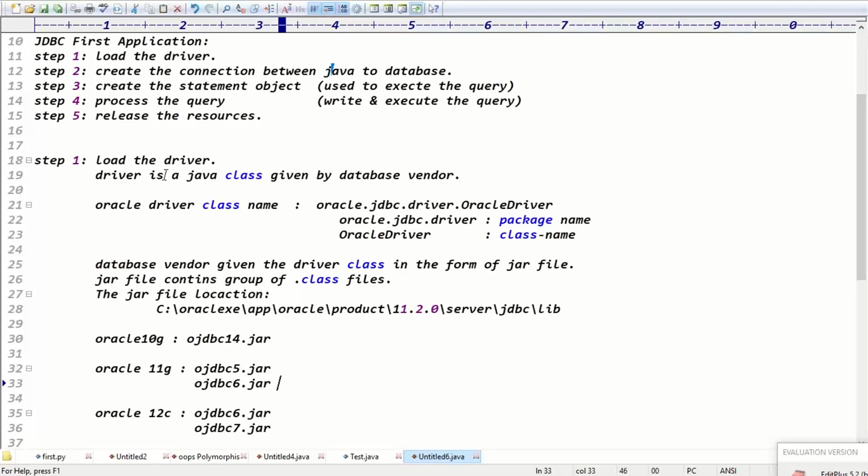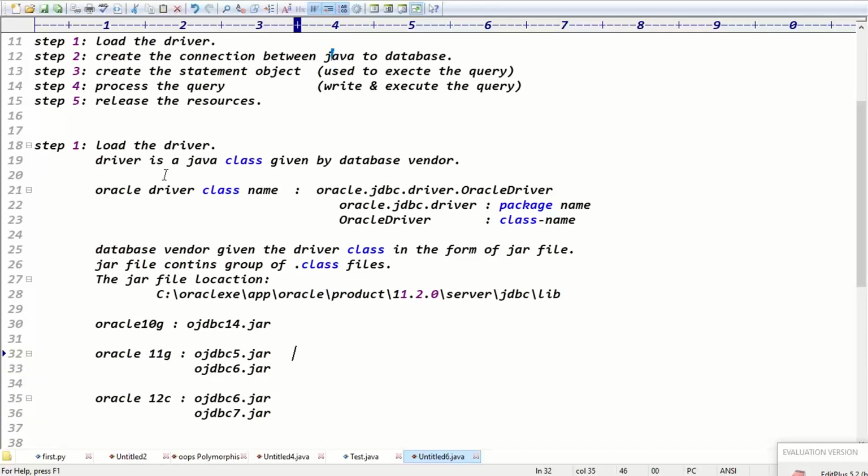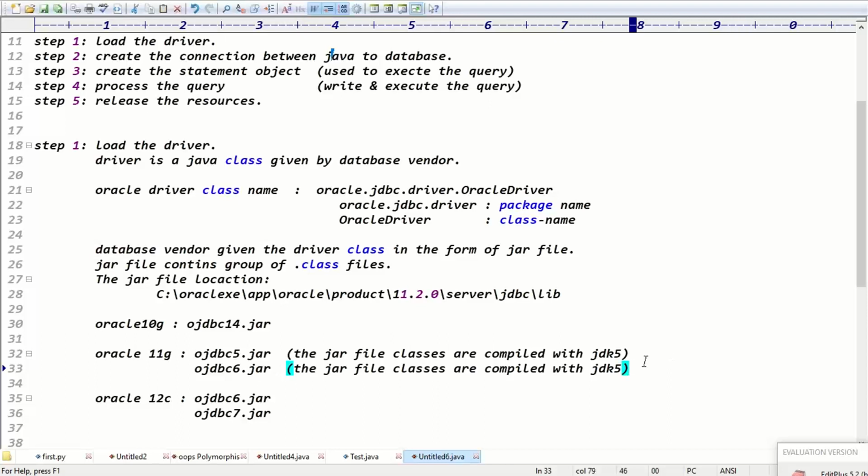Sir, what is the difference between 6 and 7? Basically, the jar file contains dot class files, classes. The classes in OJDBC5 are compiled with JDK 5th version, and the classes in OJDBC6 are compiled with JDK 6th version.